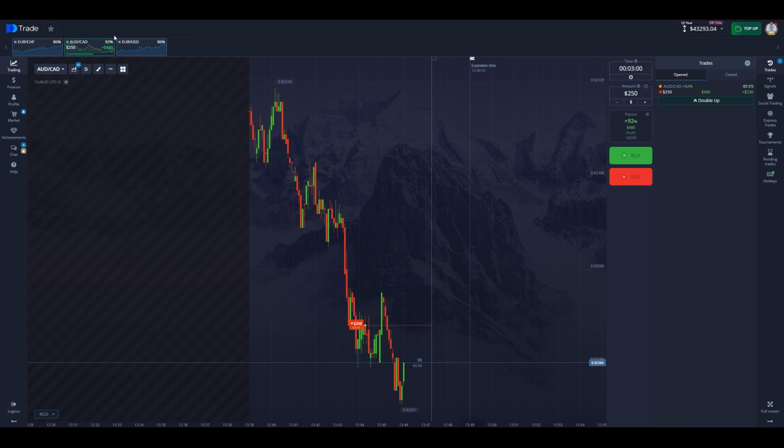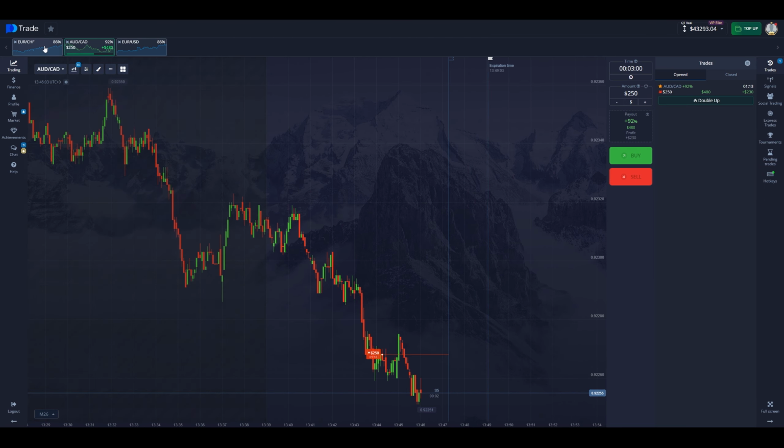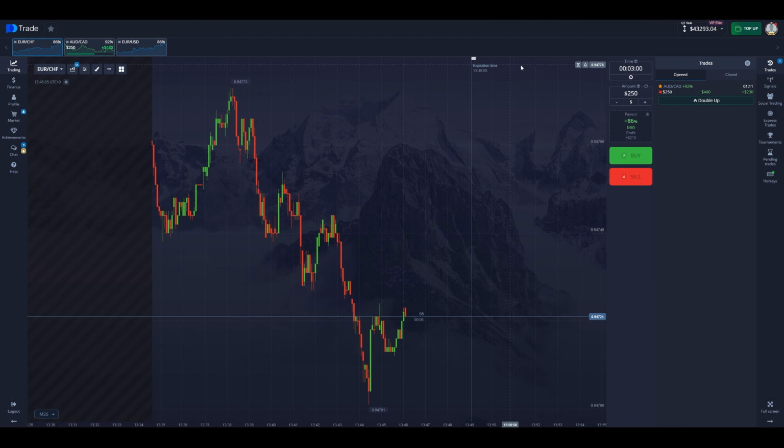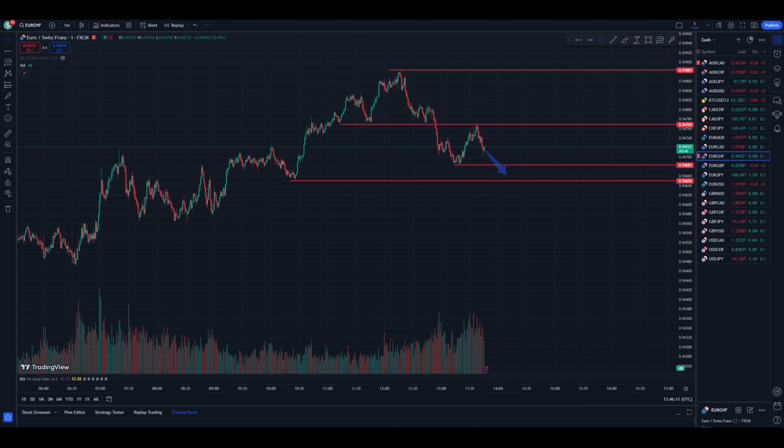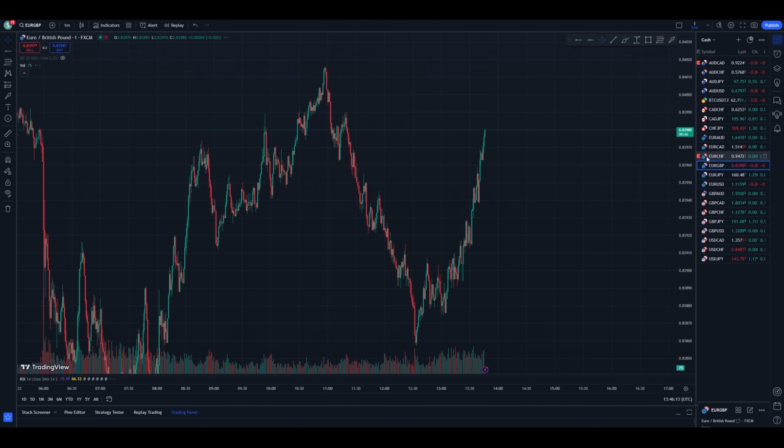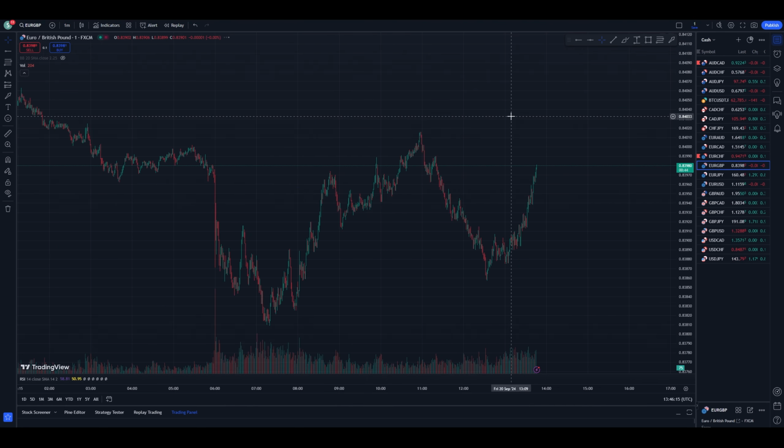You may notice that the charts have been lagging lately. As I understand it, this happens to everyone, not just me, so don't pay too much attention to it, but it still annoys me a little. We are opening our position for $250 to go down, just as we wanted. Meanwhile, the Australian dollar and Canadian dollar are falling sharply. Let's take a look at other currency pairs.